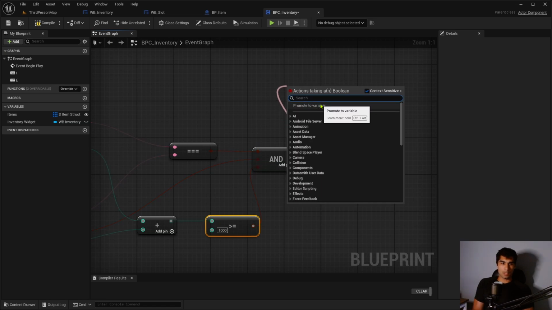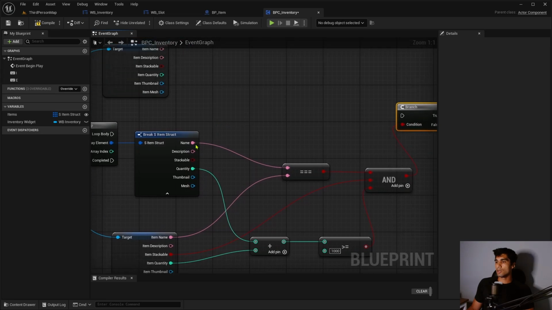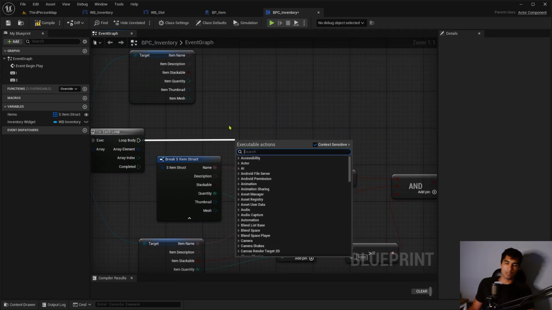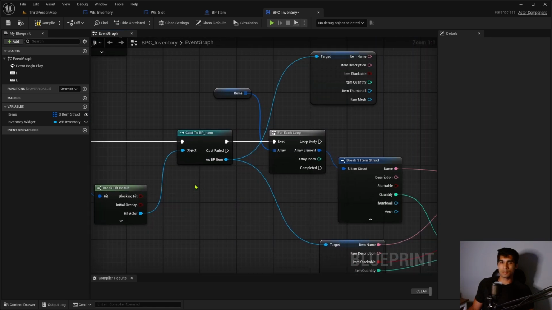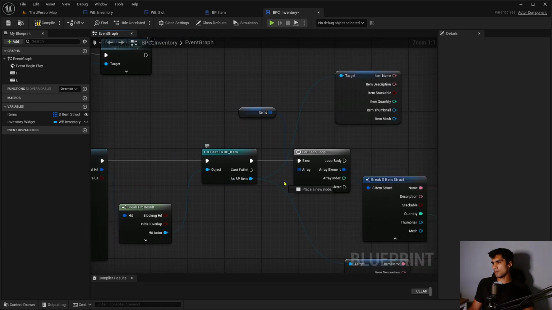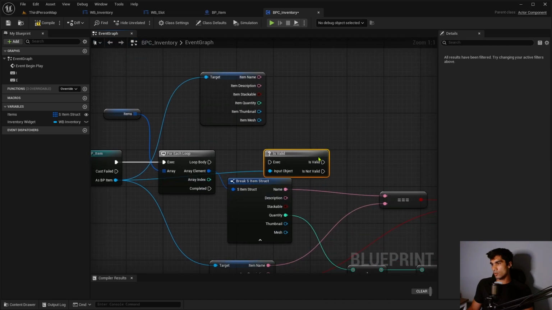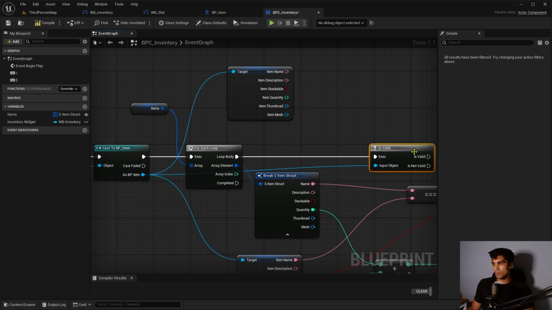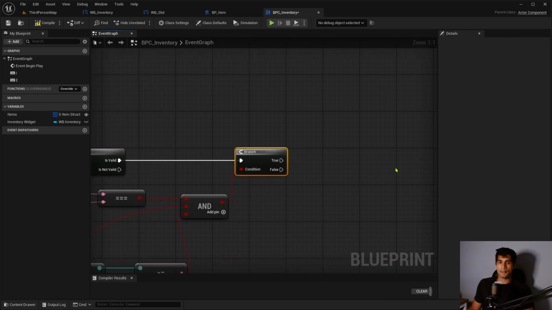Then I can determine the branch up here and attach that up here for the condition. I'm going to determine if the item is going to be valid. So if I drag off there and then say is valid, question mark, and then drag the loop body onto here. So for each loop, I'm determining if it's valid. If it is valid, then we're going to do this stuff. And if it's true,